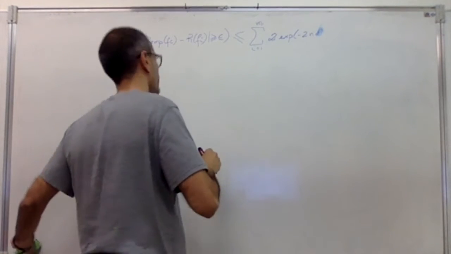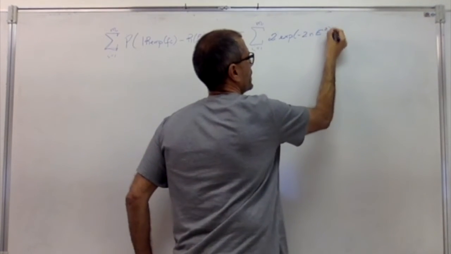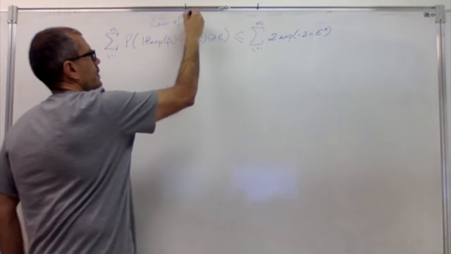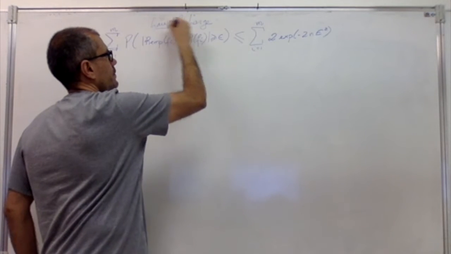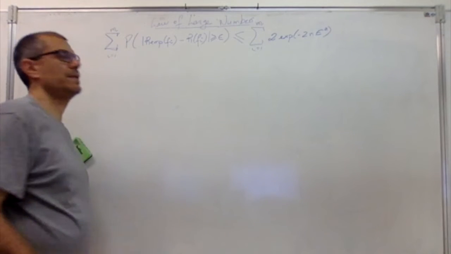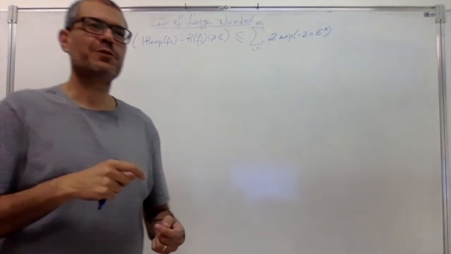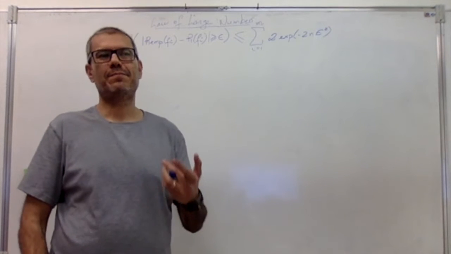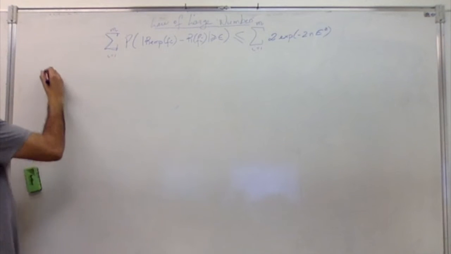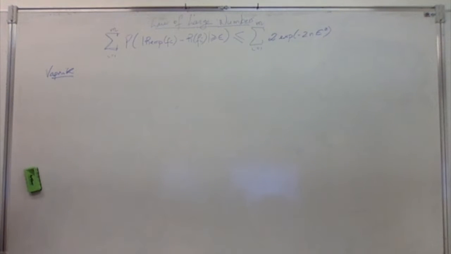This is epsilon. Let me make it better. Epsilon squared. This is after the law of large numbers. But actually, I did not provide something that's very useful and very common to be used. There is a short notation for that, and I believe it's interesting to introduce now. That notation is like this.